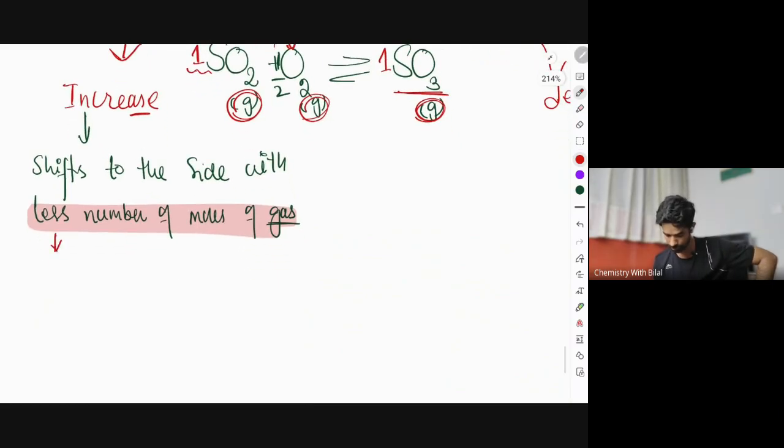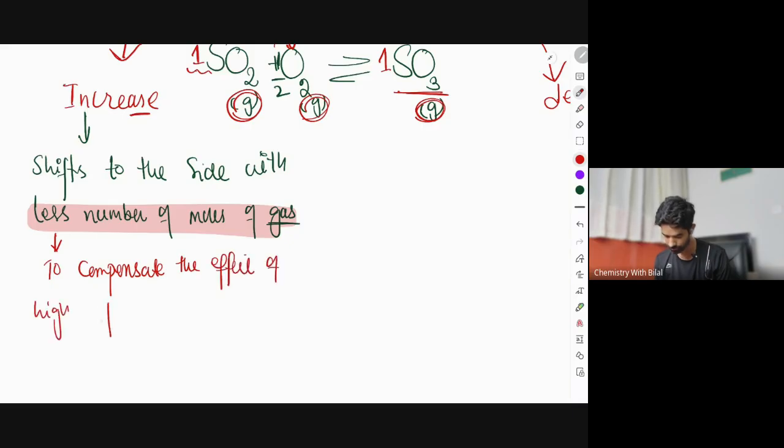सो क्यों जाएगा? रीजन भी आपको पता होना चाहिए। To compensate the effect of high pressure, ये रीजन है आपकी, to compensate the effect of high pressure, फॉरवर्ड जाएगा। इसमें कोई फिक्स नहीं है।